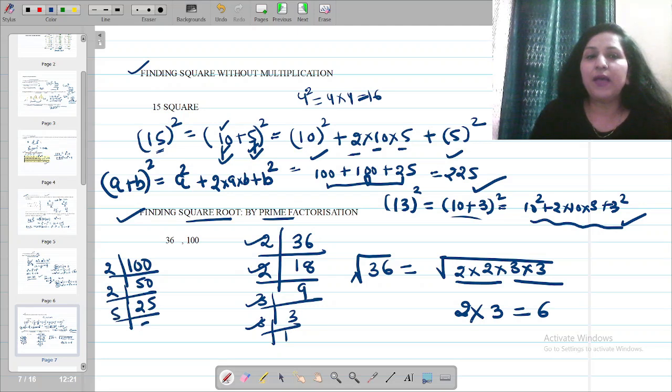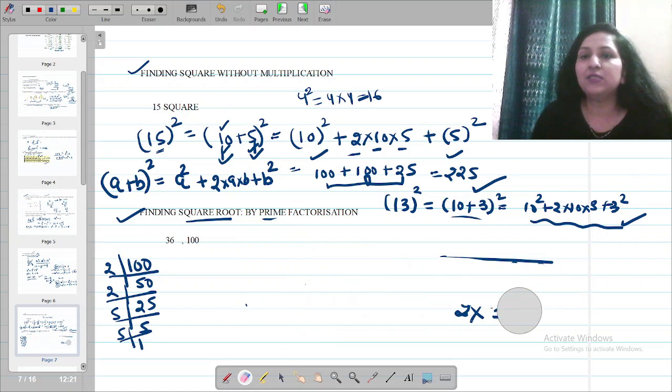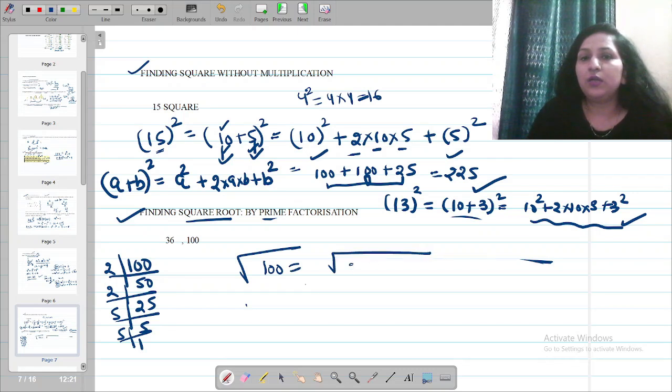25 is divisible by 5. Again like this. So that means under root of 100 we are finding. Give me the answer quickly. We are finding under root of 100, which is under the root 2, 2, 5 and 5. What did I say? You need to make the pair of the numbers. Pair ban gaya. From each pair, one number will come out.